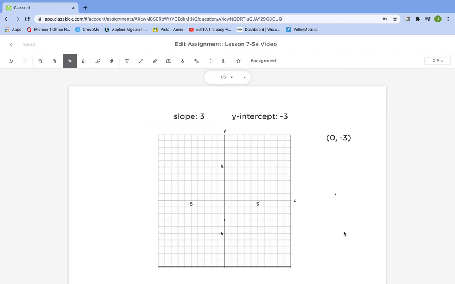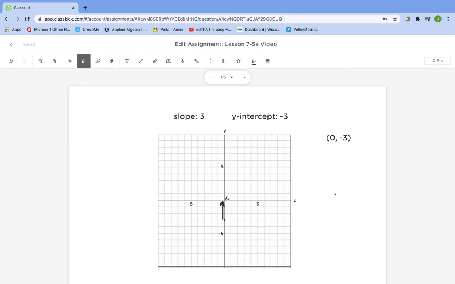Okay, so now our next thing that we're given is our slope. And our slope is 3, and if you like referring to rise over run, then it's going to be 3/1 is our slope. So let's see, using the drawing tool, I want to show you guys the rise over run. So if we're rising by 3, from this point right here, we're going up 1, 2, 3,